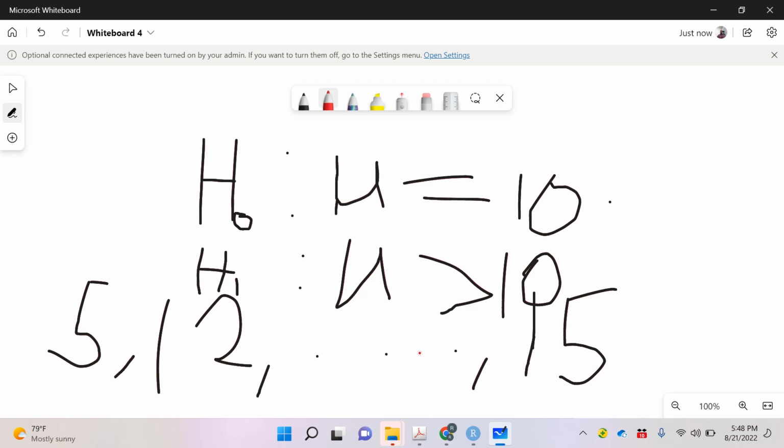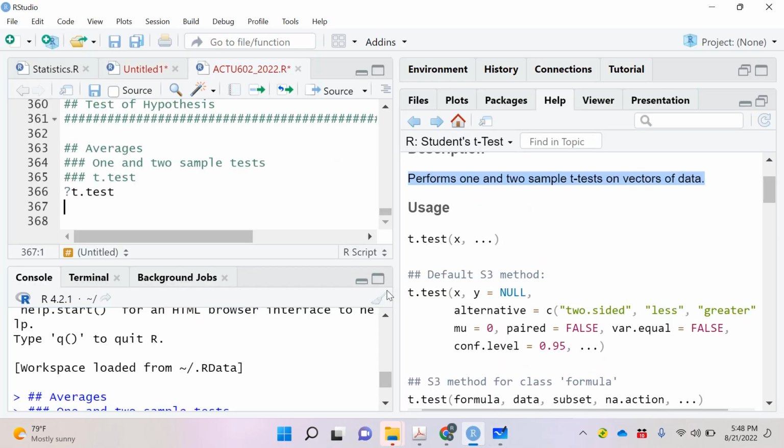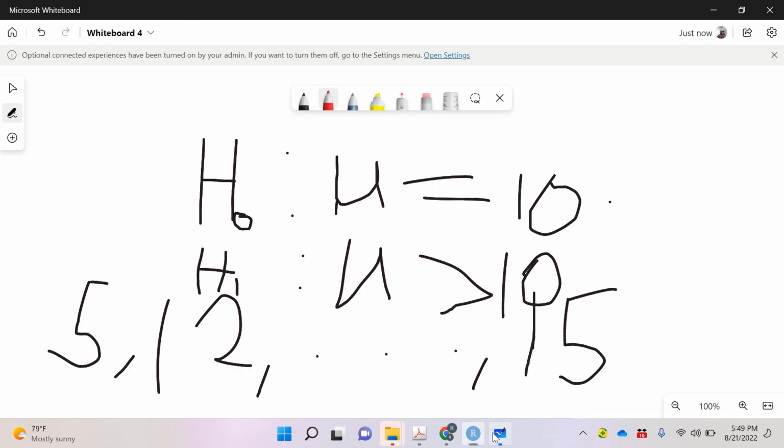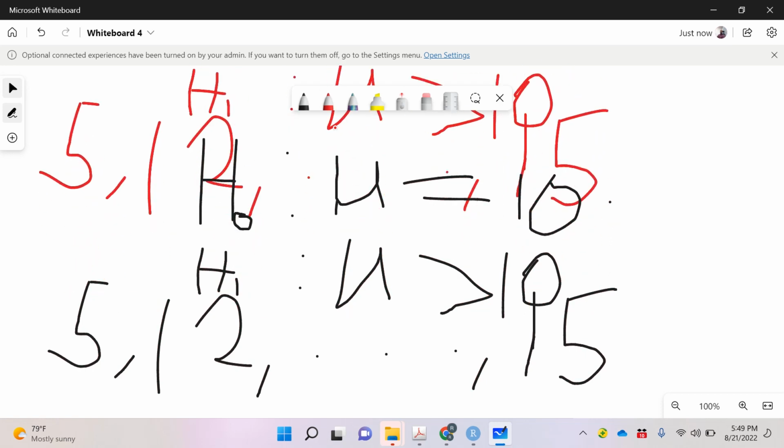So how do I do this in R? Of course, I'll get a data set. So I have my X, which is the sample, in this case a vector. Then Y, if it is Y, by default is null, because I can have one sample. It means there's no Y. Now then the alternative, remember we can have, okay, so the alternative hypothesis, we can have